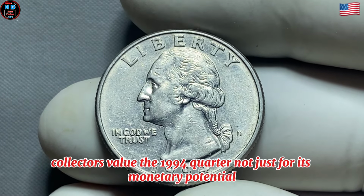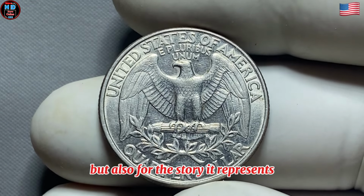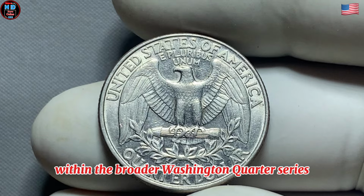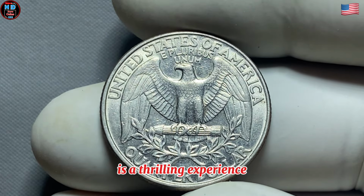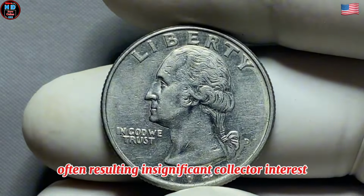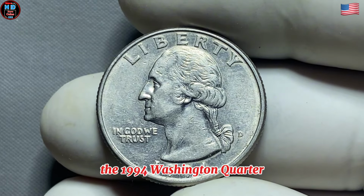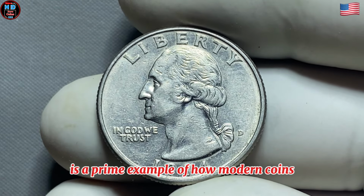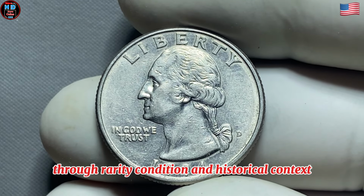Collectors value the 1994 quarter not just for its monetary potential but also for the story it represents within the broader Washington quarter series. Finding a coin in pristine condition from this year is a thrilling experience, often resulting in significant collector interest and sometimes remarkable auction results. The 1994 Washington quarter is a prime example of how modern coins can achieve high collector value through rarity, condition,